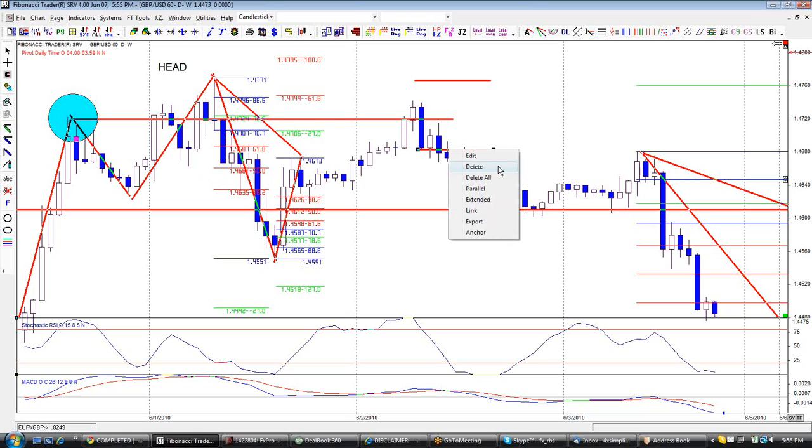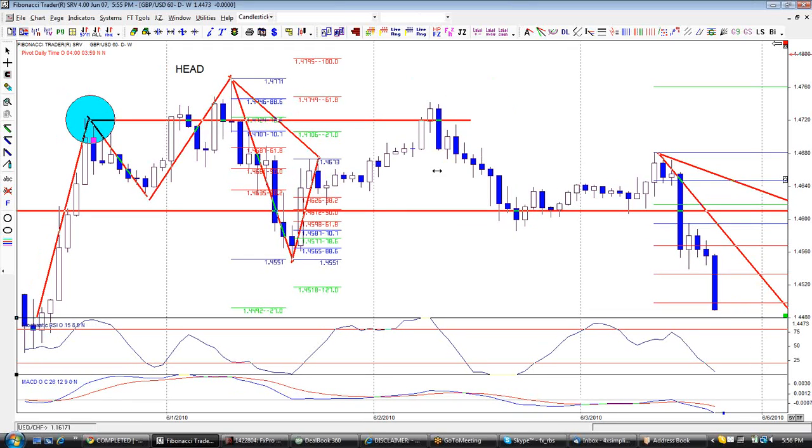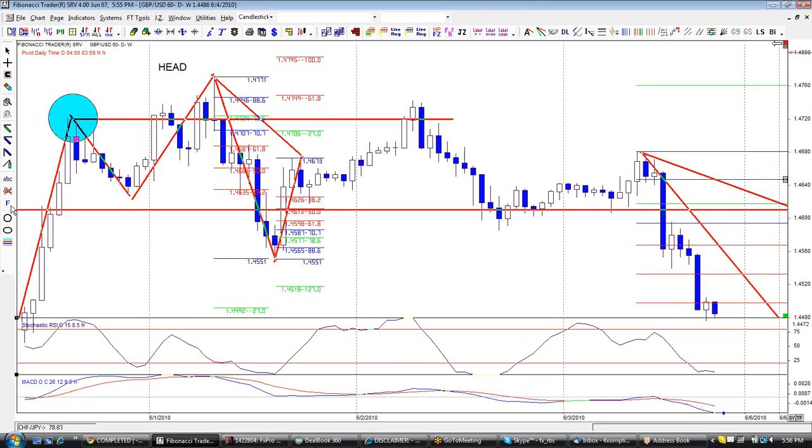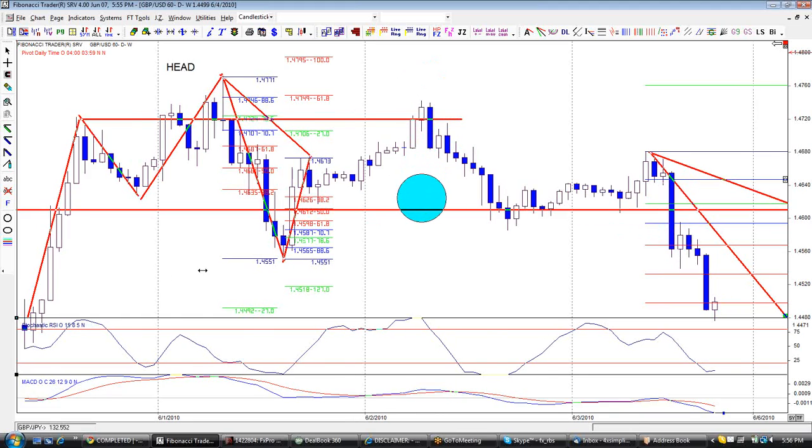Now, a way to invalidate the pattern. Now, if we see large, huge candles, like a candle like this, look at this candle. I'm trying to grab the circle. Look at this big candle here. If we have a candle like this going against us,